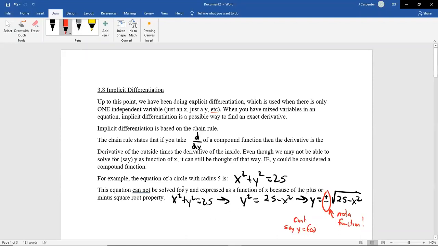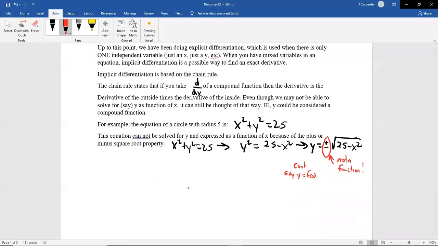Because this is the equation of a circle, it's a perfectly fine graph, but when you go to graph it, this is what it looks like. Here's your radius of 5. It fails the vertical line test miserably. Circles are not functions, so when you try and solve it for y, you can't do that because the plus or minus thing makes it not a function. We discussed that in pre-calc 1.